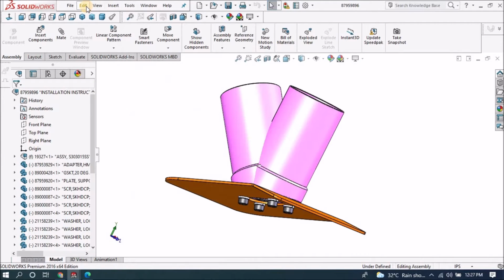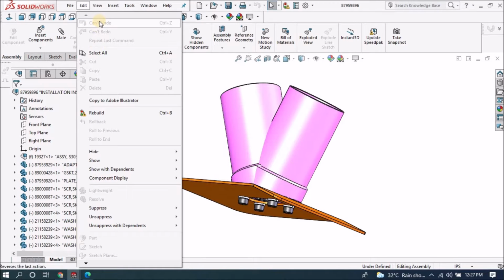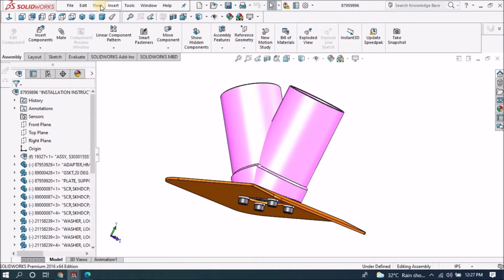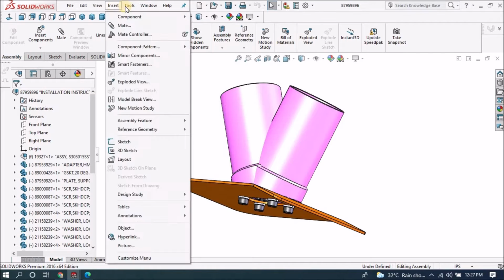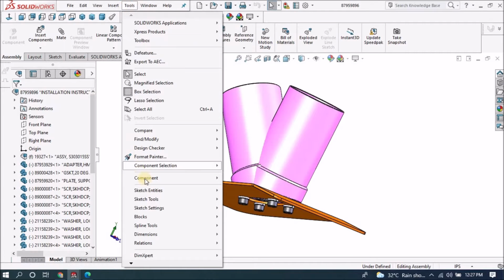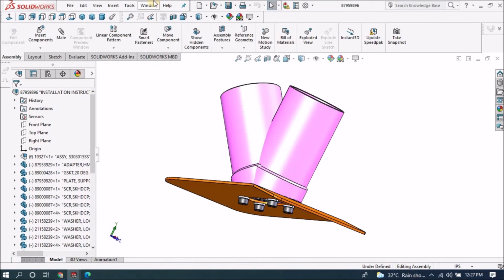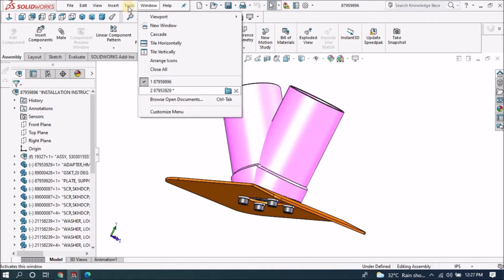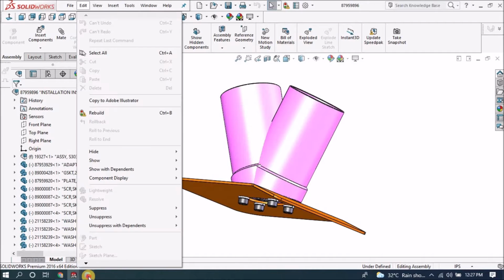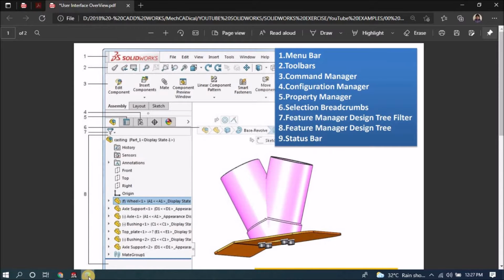Next, the edit option. In edit we have many options like cut, paste and everything. View, insert, and there are many SolidWorks tools, sketch entities, sketch tools, many more, and windows, open and close. So this is regarding the menu bar, and the second one is